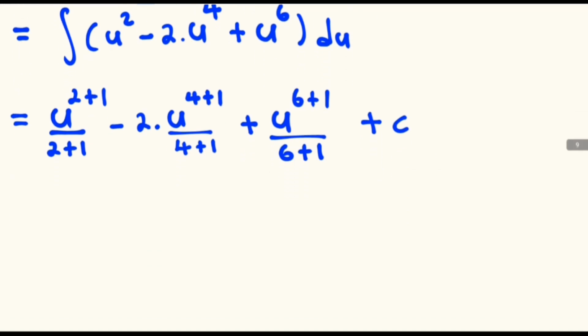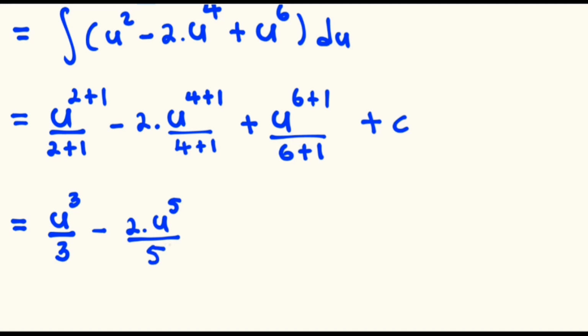We simplify, so we have u raised to the power 2 plus 1, which is equal to 3, divided by 3, minus 2 multiplied by u raised to the power 4 plus 1. 4 plus 1 is equal to 5, and this will be divided by the 5, plus u raised to the power 6 plus 1, which is equal to 7, divided by the 6 plus 1, which is equal to 7,